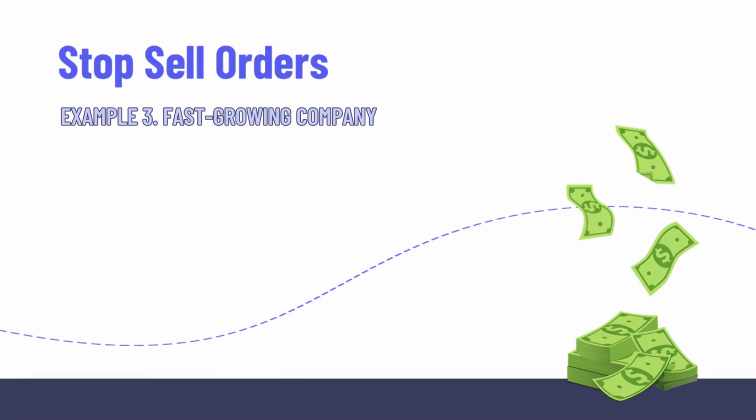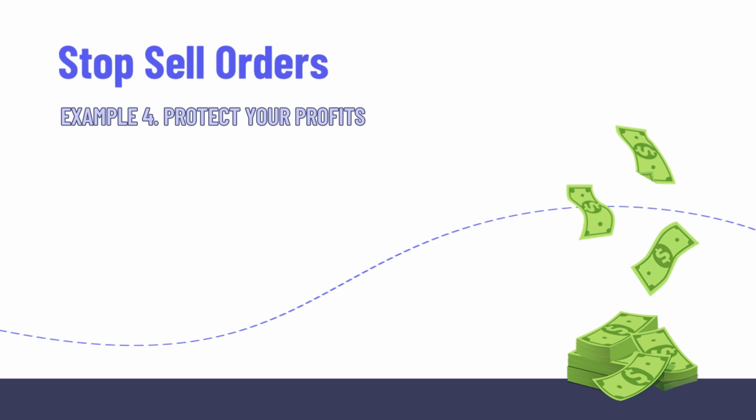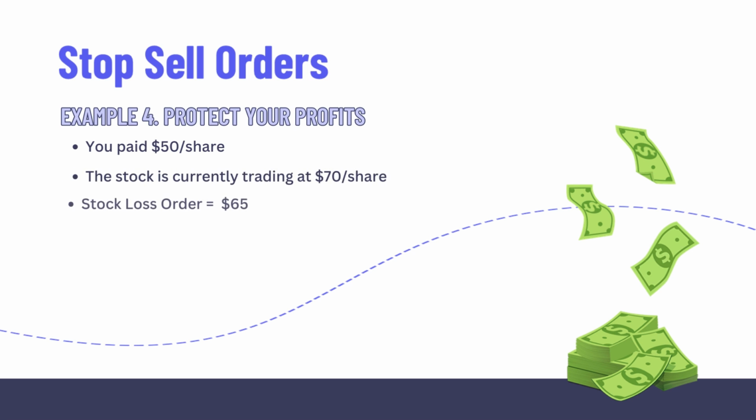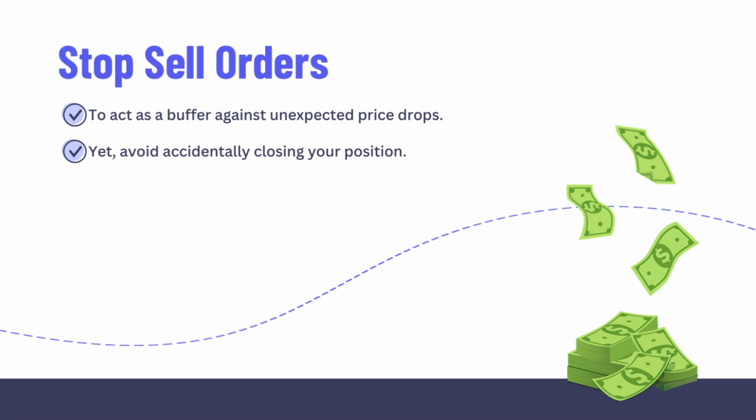For example, if you paid $100 per share on a fast-growing company, you could set a stop loss order at $90 to make sure you don't lose 10% or more on this stock. Also, if you bought another stock at $50 and it is now at $70, you could place a stop loss at $65 to lock in at least $15 in profit. This way you have a buffer against unexpected price drops, but you won't accidentally close your position due to daily